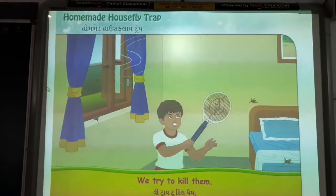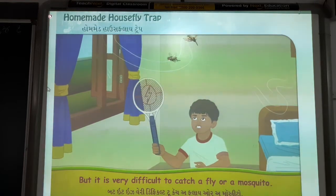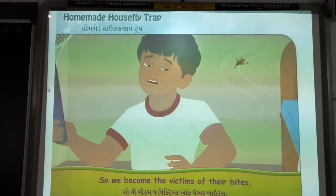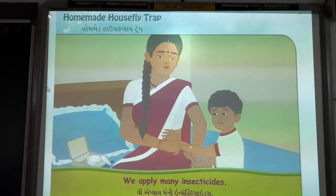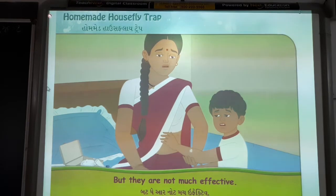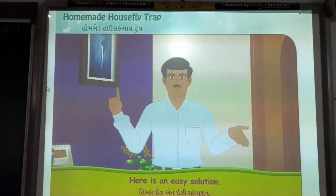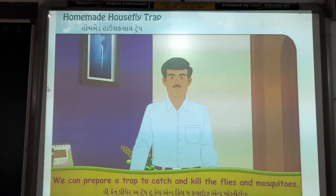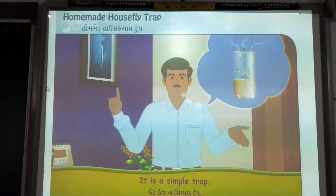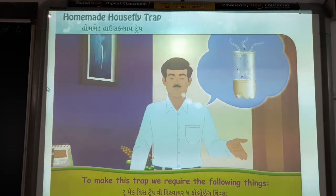We try to kill them, but it is very difficult to catch a fly or a mosquito, so we become the victims of their bites. We apply many insecticides, but they are not much effective. Here is an easy solution. We can prepare a trap to catch and kill the flies and mosquitoes. It is a simple trap. To make this trap, we require the following things: